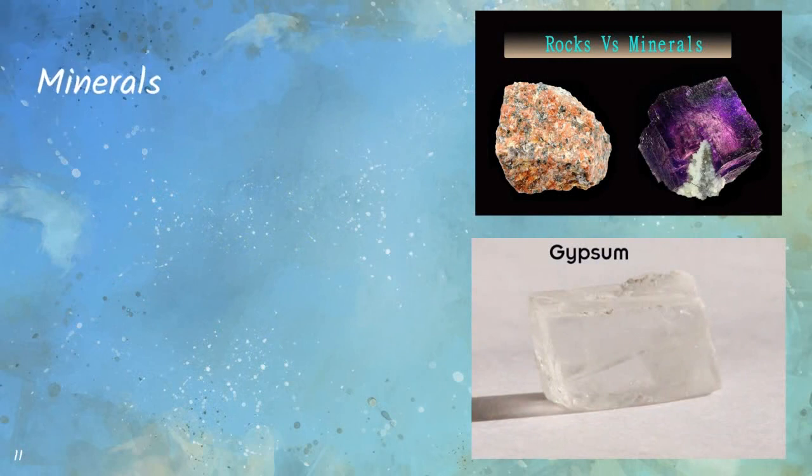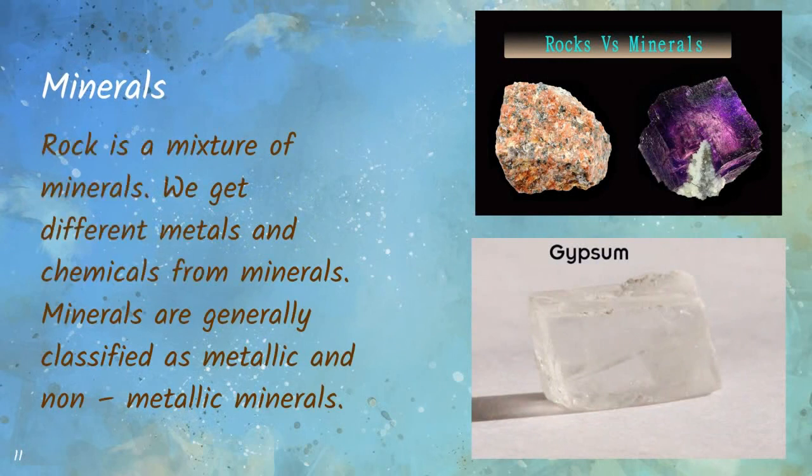Well, students, if you look at this image given here, you can see the difference between rock and minerals. The rock has a firm shape, it's not very shiny, and it looks like a stone. When you look at the mineral, you see that it is like a crystal. So children, we have seen that rock is a mixture of different kinds of minerals. Minerals are inorganic substances that form in naturally occurring chemical processes.